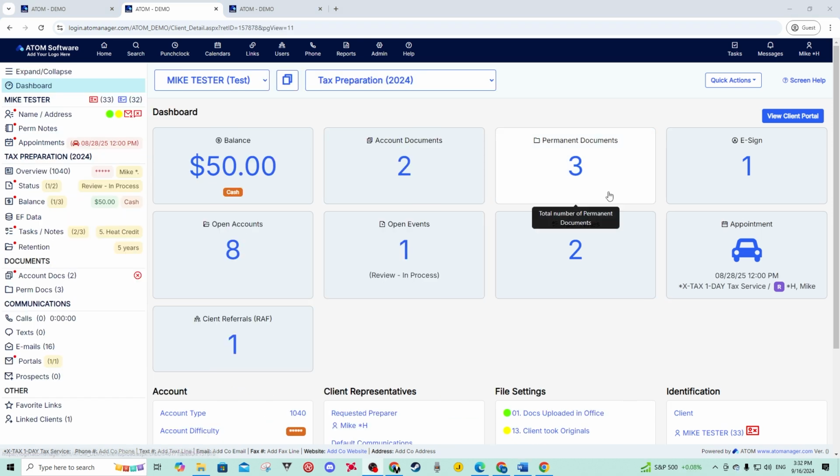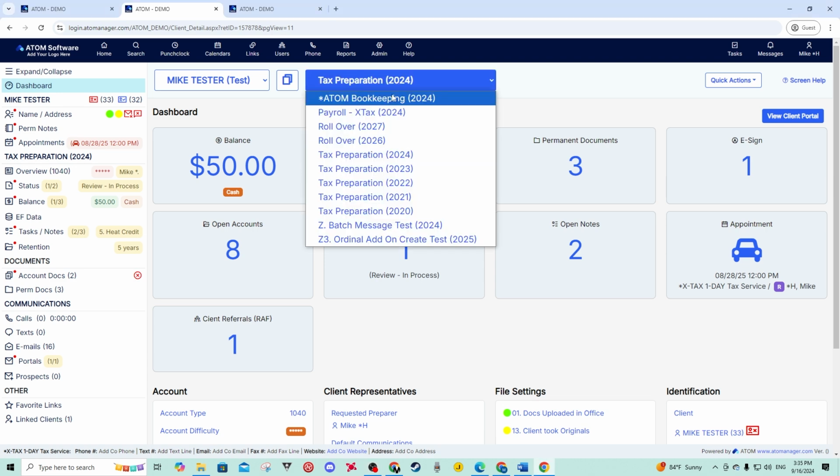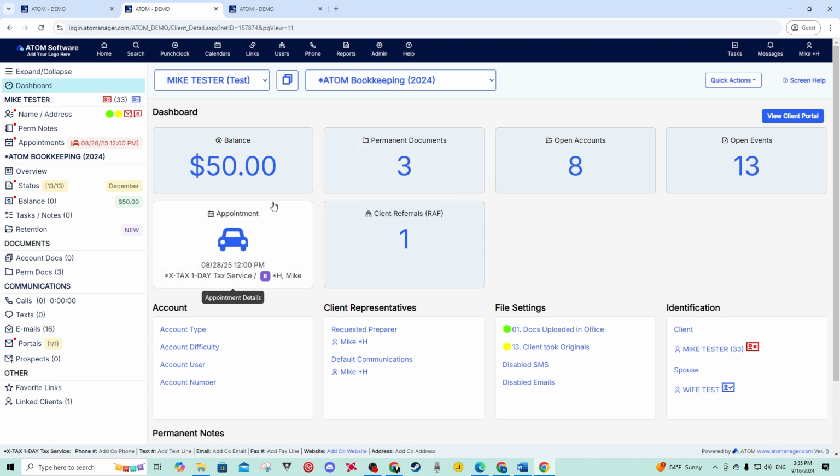So at the top of our dashboard, we have these cards that display a lot of information about the client file at a quick glance. And these cards are determined by what account file that you're looking at. So right now we're looking at our 2024 tax prep file. If I were to switch this to bookkeeping, this account is going to have different cards that are going to show up. And so things like balance and permanent documents, these will always show up regardless of what account